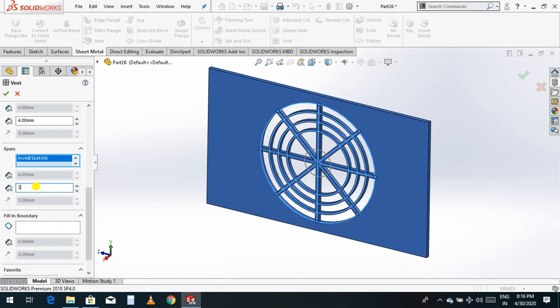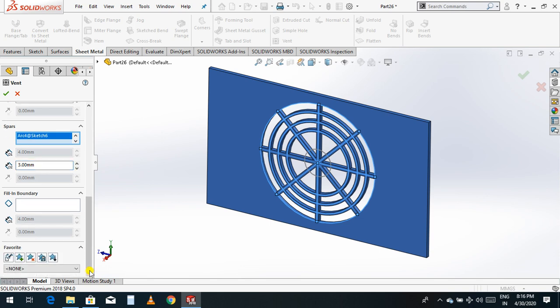If you want to change it, I will give a 3. Now just go down, and this is the fill-in boundary. So this circle I left, so I'm going to fill all the circles. I'll fill this circle, select this fill-in boundary. Now everything is fine. Now click OK.